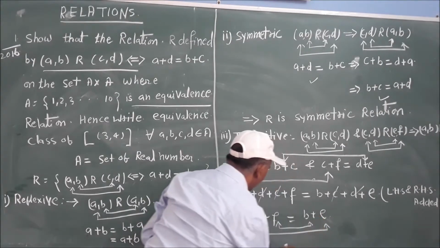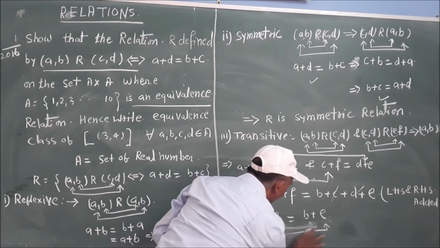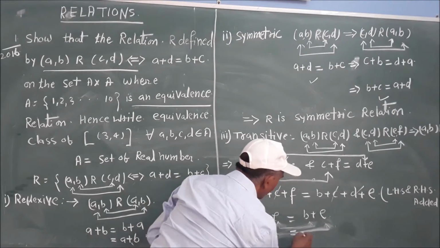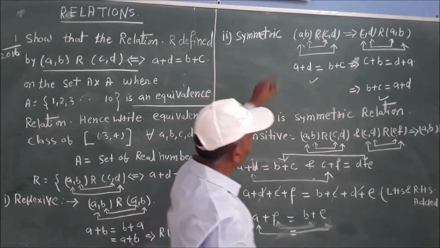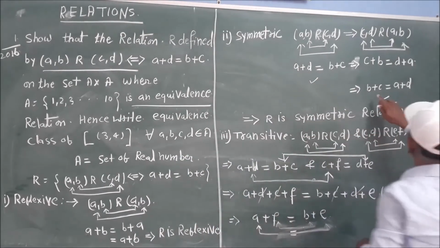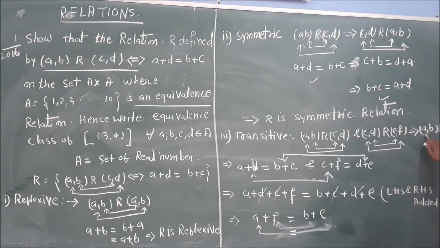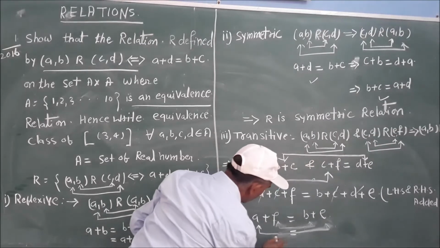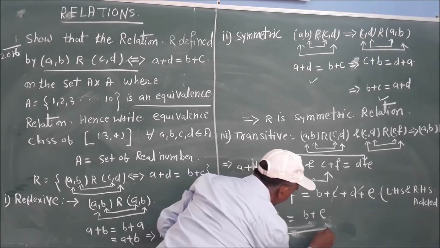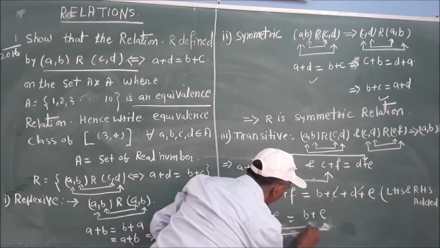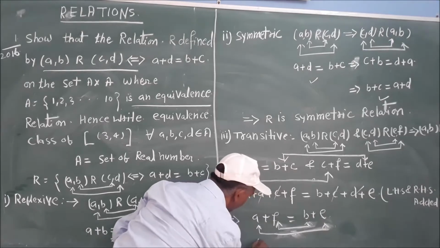So this can be arranged, first we arrange it. So this will equal B plus E. We have to prove that this will equal what? Here, A plus B must be equal to E plus F. So we can write here, or you can represent it like this: first plus fourth element is equal to second element plus third element.